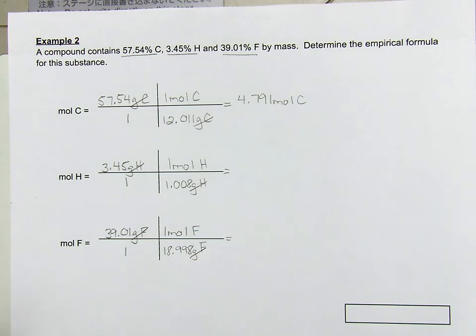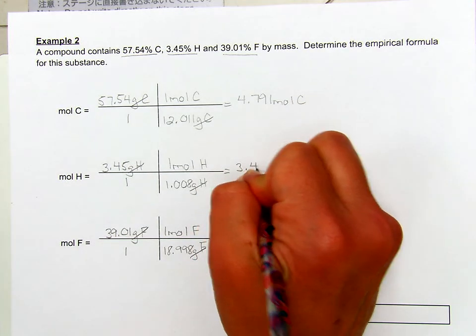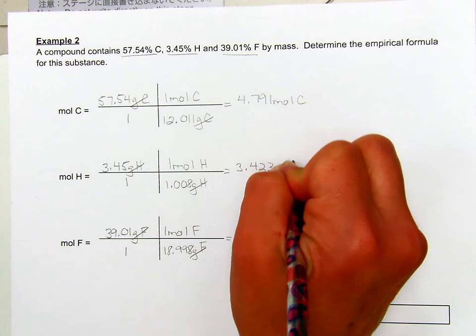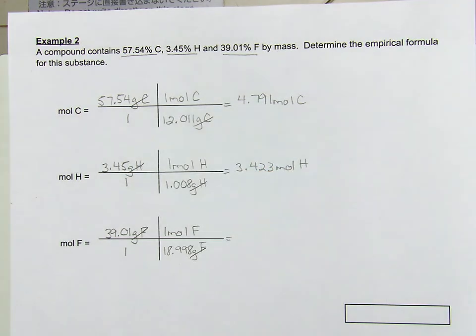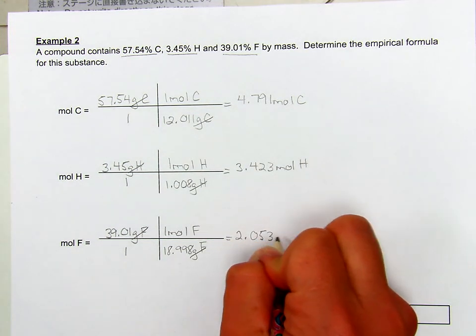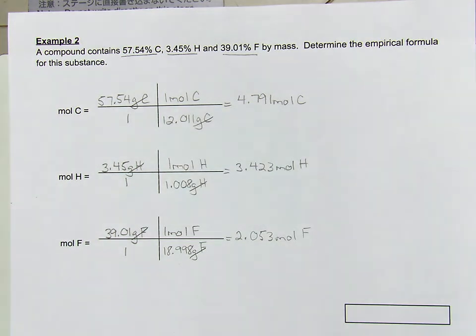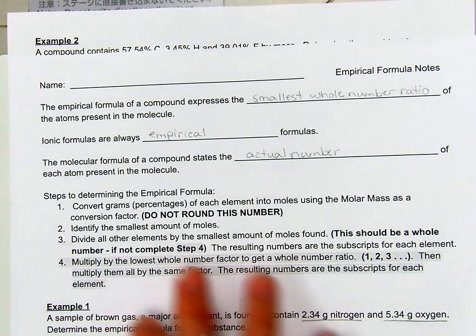3.45 divided by 1.008 will give us 3.423 moles of hydrogen. And the last one, 39.01 divided by 18.998 gives us 2.053 moles of fluorine. Remember, step 2 says that we are supposed to identify the smallest amount of moles,